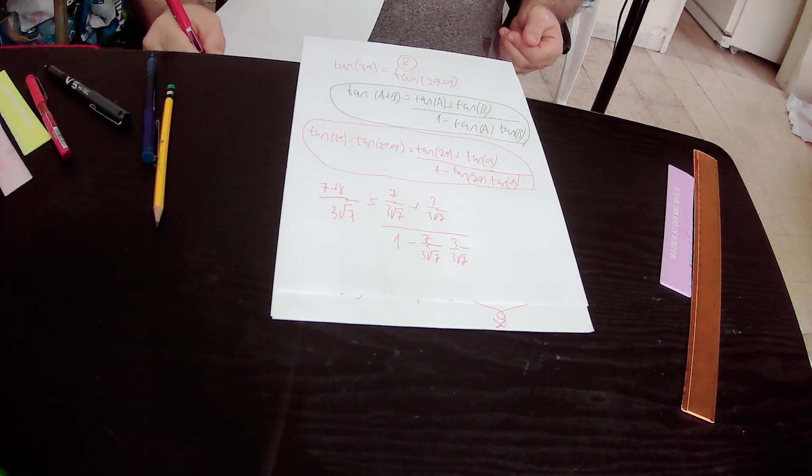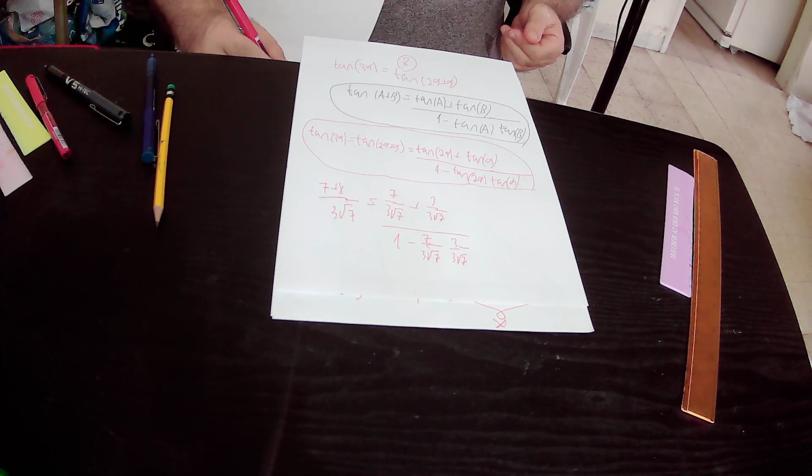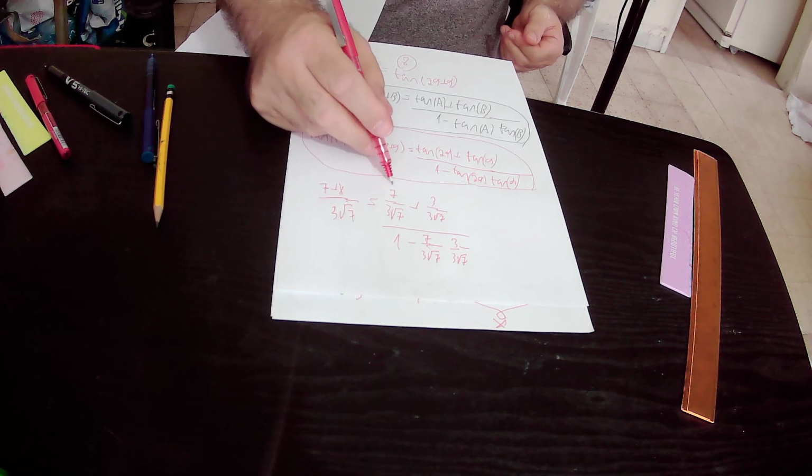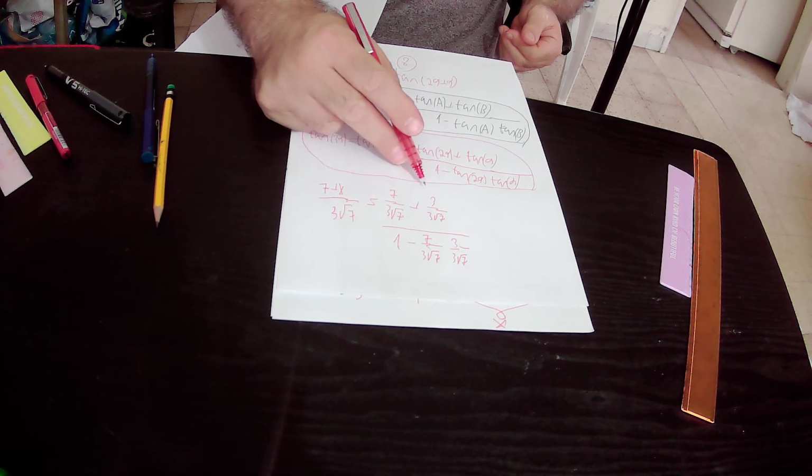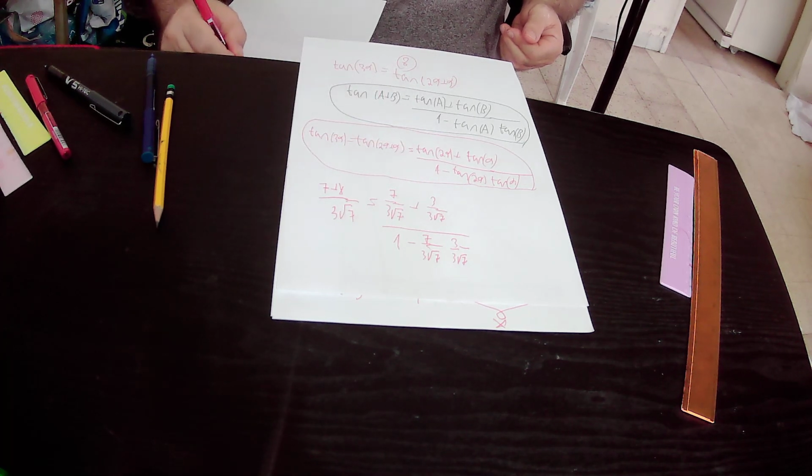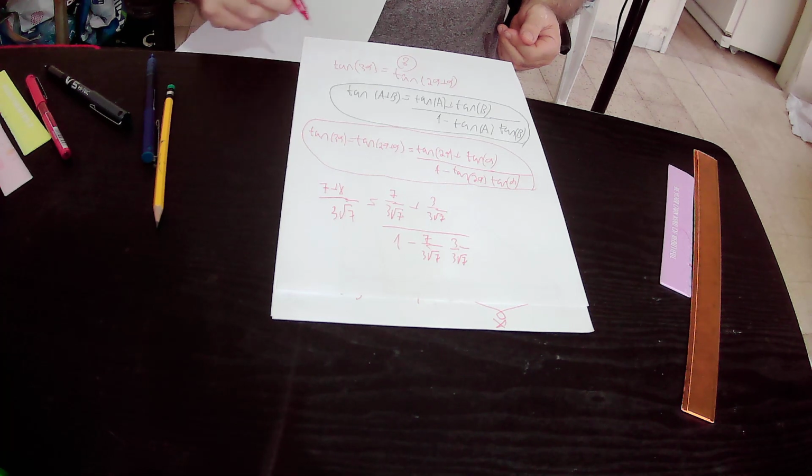And we will get that 7 plus x over 3 times root 7 equals, here we have 3 plus 7 is 10. In the denominator we have 3 times root 7,